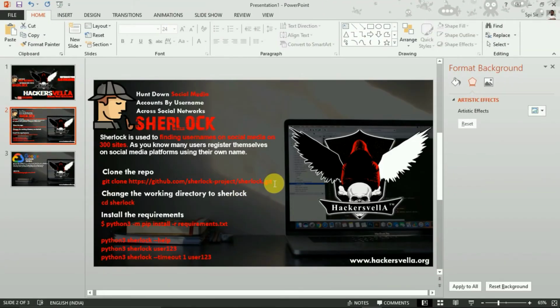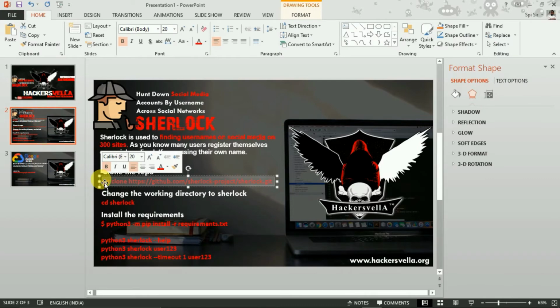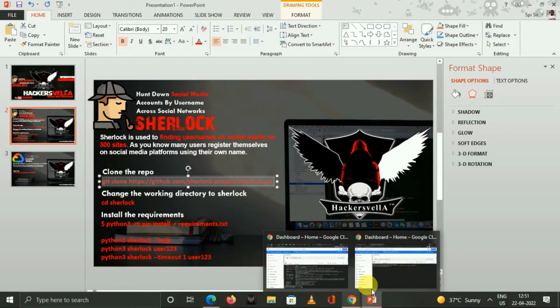So this is the link. You can directly go to GitHub and search for the Sherlock project. You can download it from there also, and this is the same link. From there also you get it. And go to your